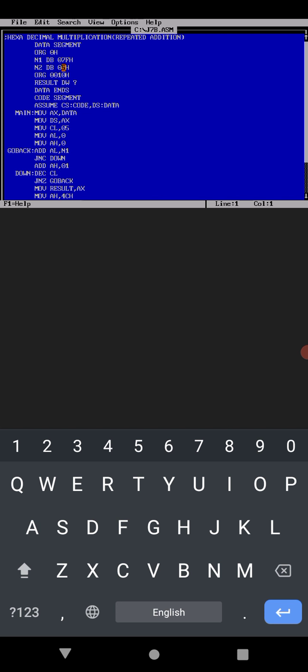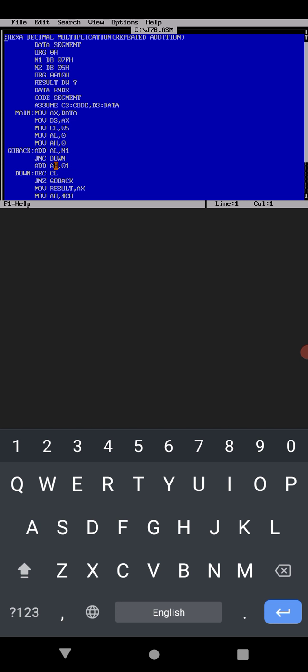So 05 is there, and after 04, 03, and so on, it will become 0. It will again go back: decrement cl, jnz go back, jump if non-zero go back. Till the count becomes 0, it will continue, going back here, add again, jnc down.